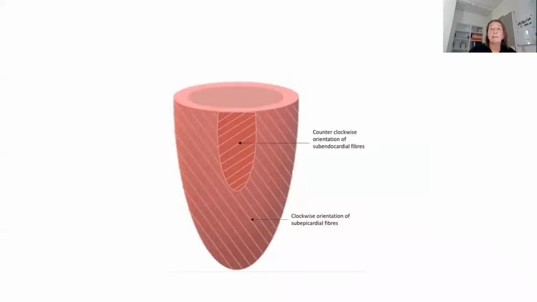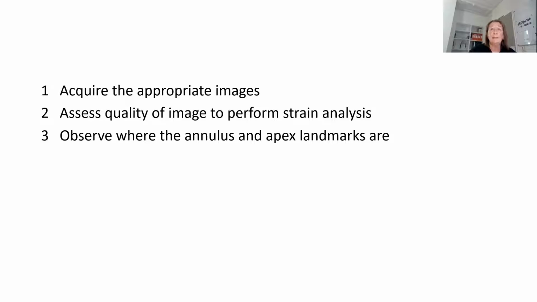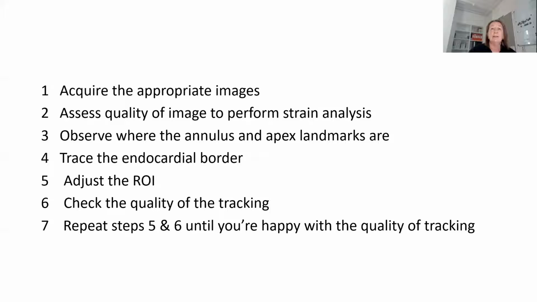So in measuring strain, we're going to follow 7 easy steps. First, we acquire the appropriate images. Then we assess the quality of the image to perform the strain analysis. We want to really observe where the annulus and apex landmarks are. We trace the endocardial border. We adjust the region of interest width, making sure we don't go into the pericardium. We check the quality of the tracking, and then we repeat steps 5 and 6 until you're happy with the